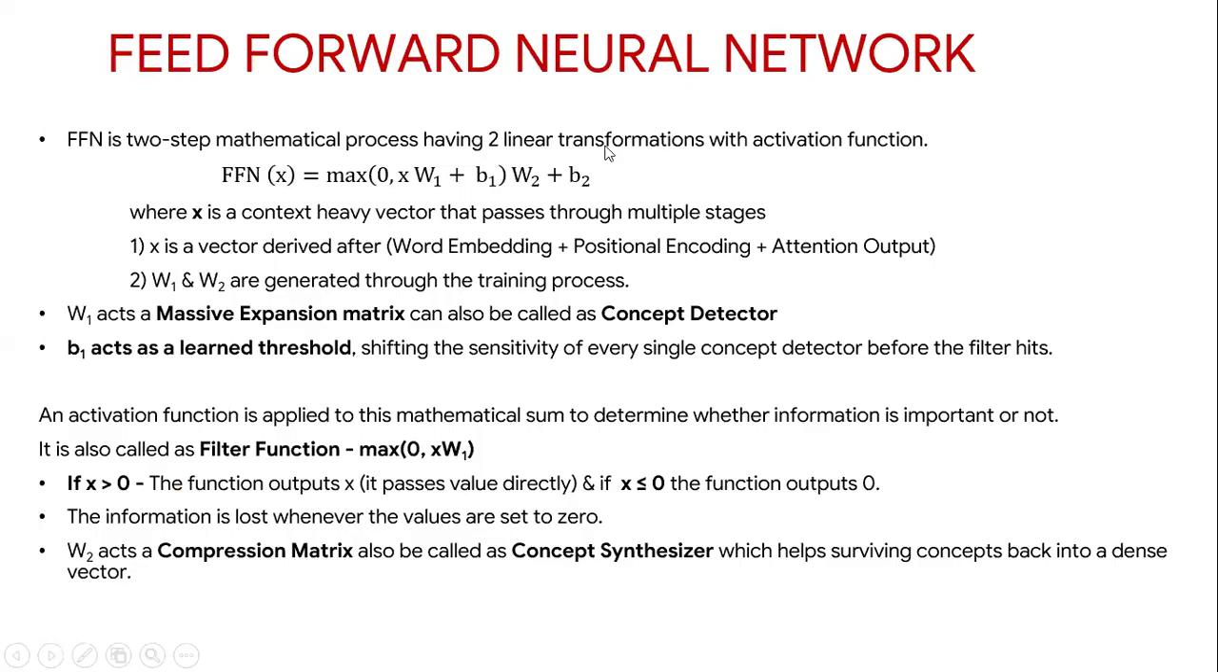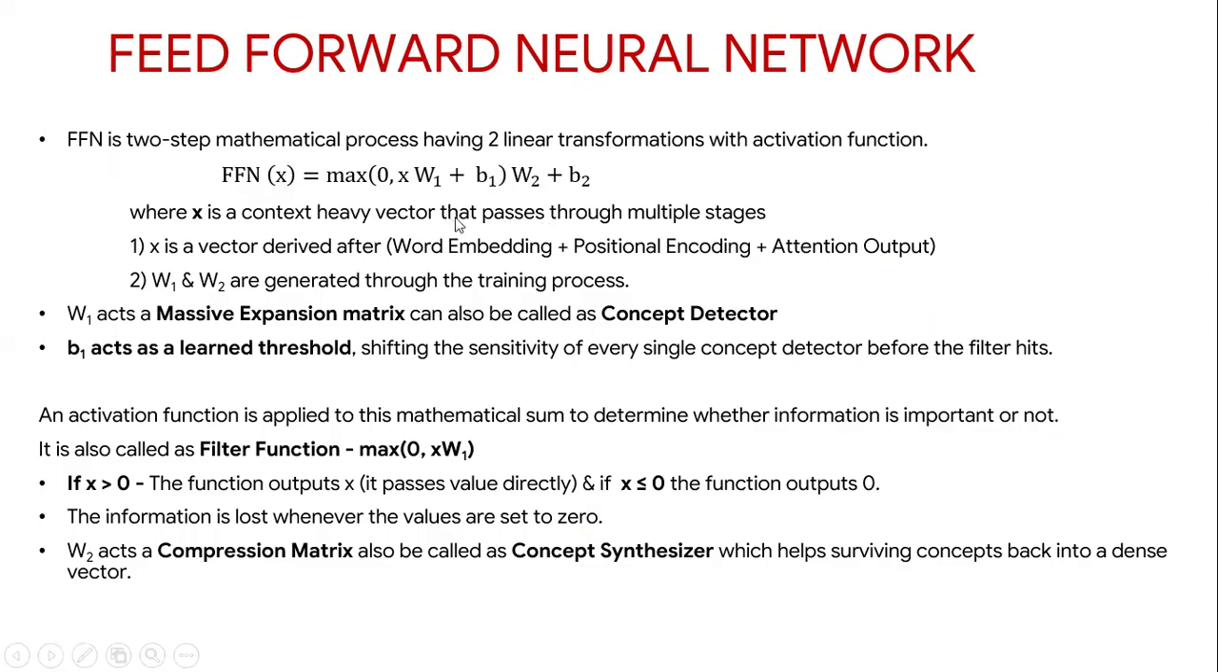And coming to the feed-forward neural network. This is the important block. It is a mathematical function that has linear transformations, like you can see in the function. X is the context-heavy vector, meaning after the positional encoding happens,